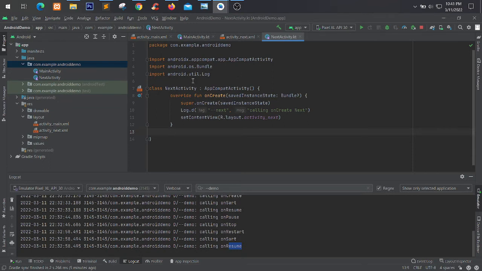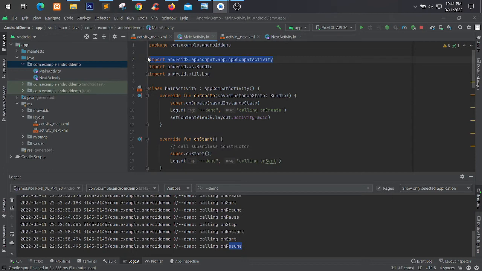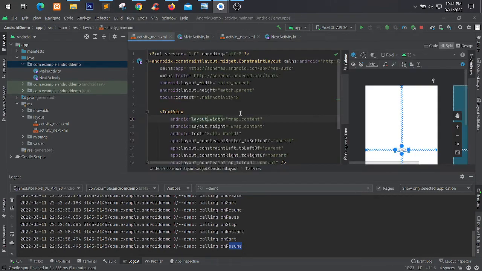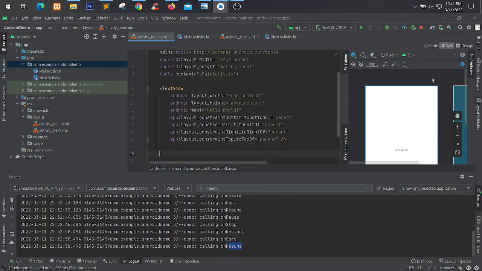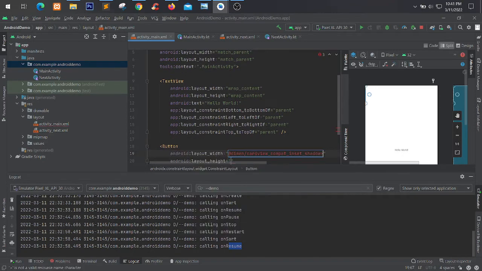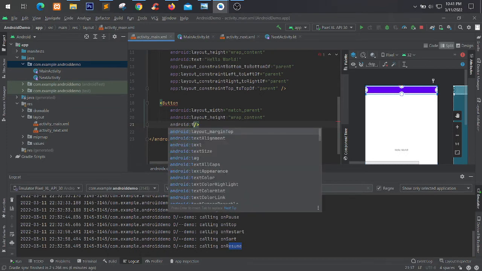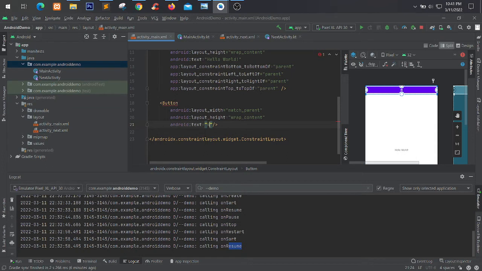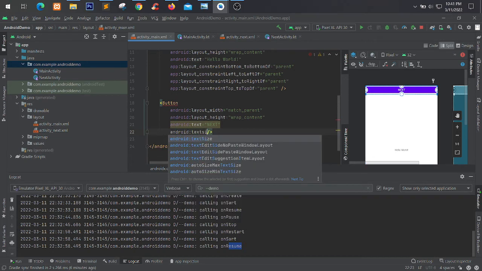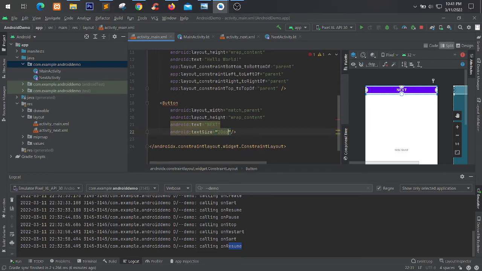What we need to do now is to move or implement our explicit intent. So explicit intent will allow us to move from the current screen, which is the main activity, to the next screen, which is the next activity. To do that, let's create a button here. And so the user should click the button so that lilipat siya. So button will be, what do you call this one? Match parent, then wrap content, then Android text will be next. Let's put next na lang. Then Android text size, sige, 20 dp. And then let's put